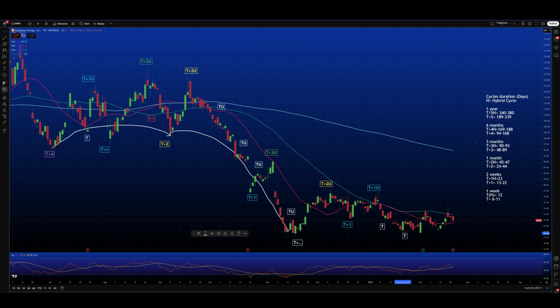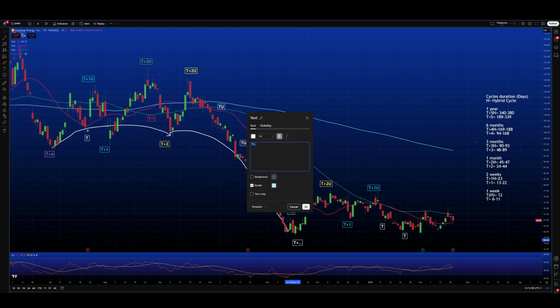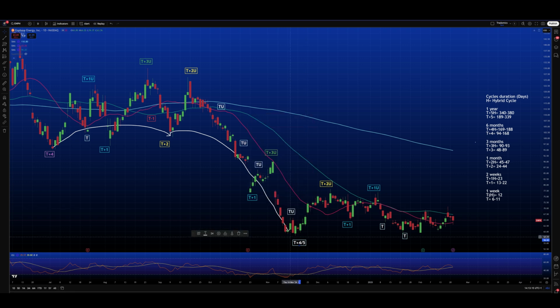But this weekly cycle is part of this new cycle that started last year. And here we add 44 days. So here we have already a T plus 4, a 6 month cycle, and potentially we are close to already a duration of a yearly cycle, which means that this low is a critical point to have either further downtrend